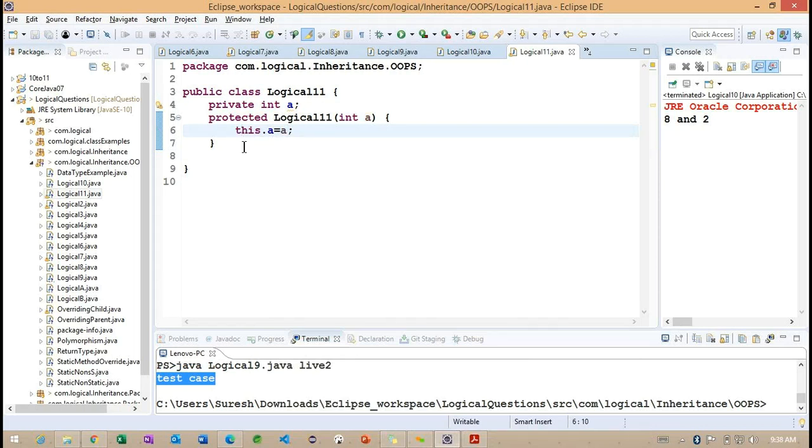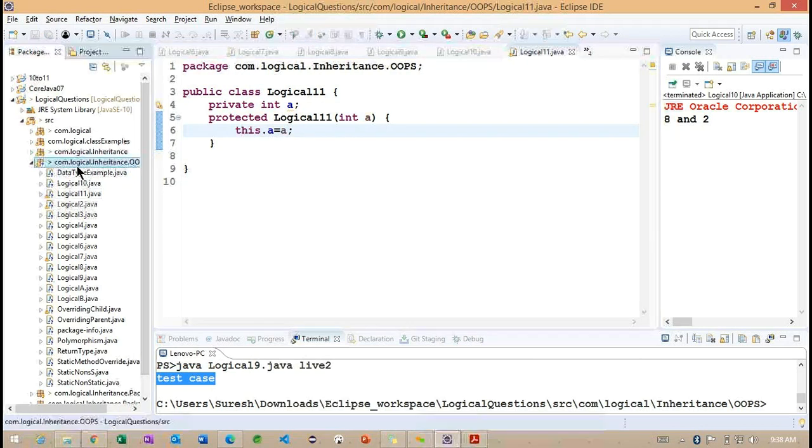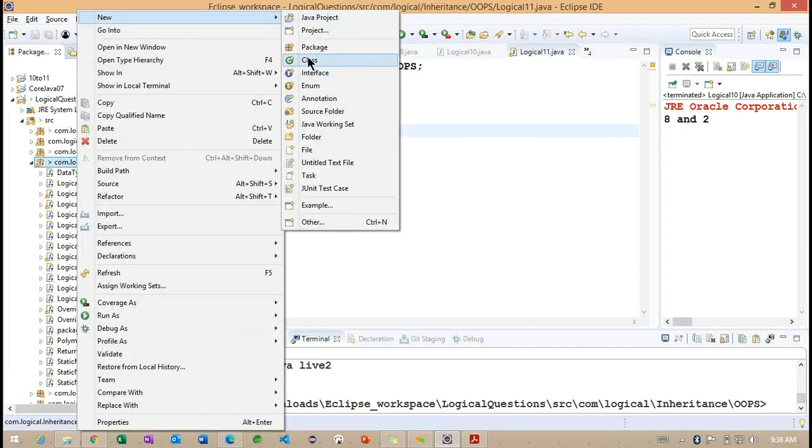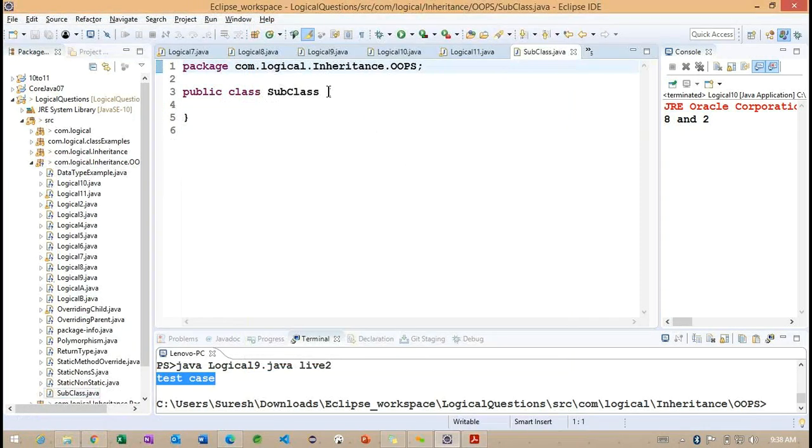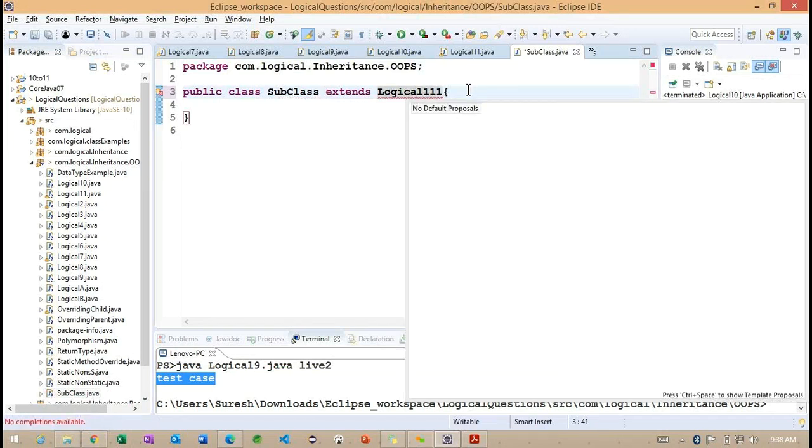And what happens if I check the inheritance example? Sub. This sub is going to extend from logical 10.